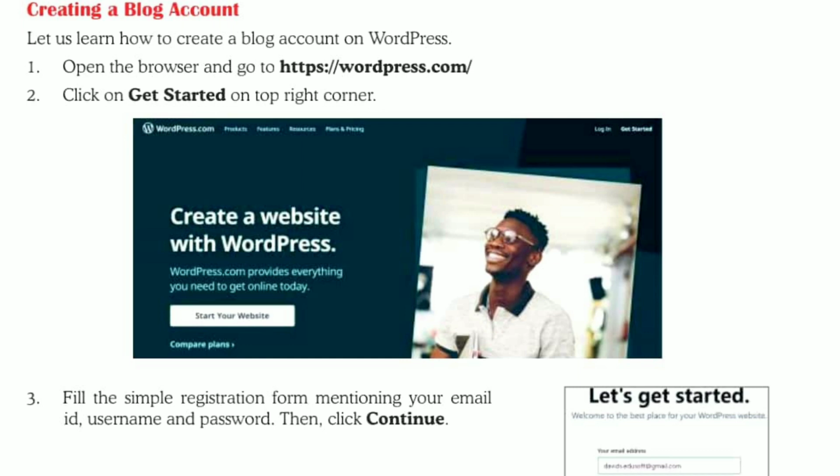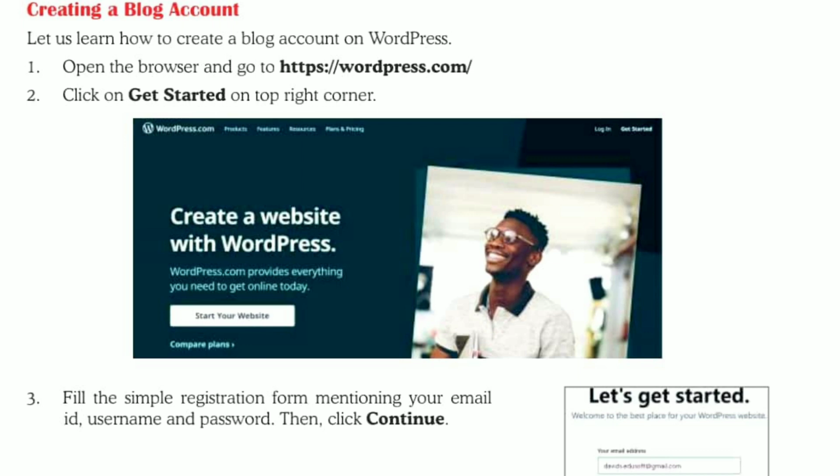The steps to create a blog account in WordPress are as follows, as you can see on the screen. First of all, to create a blog account, open a web browser on your computer. Then go to the address bar and type the URL www.wordpress.com and click on go.